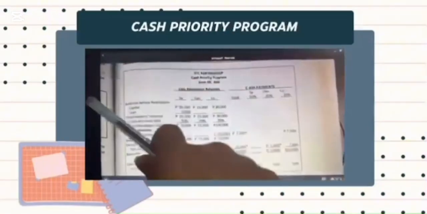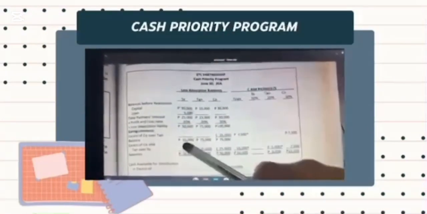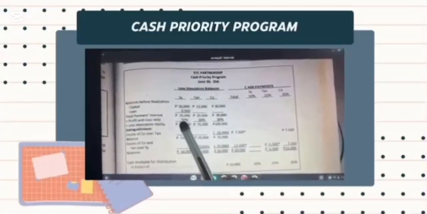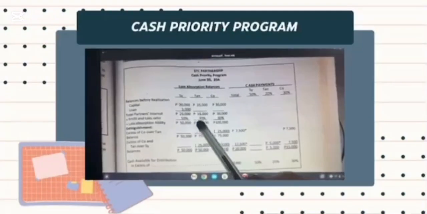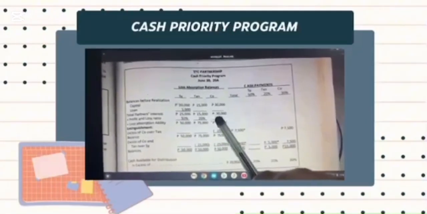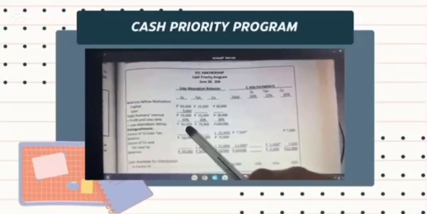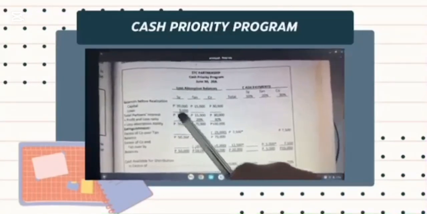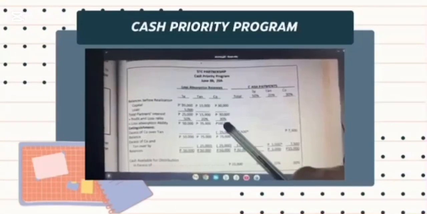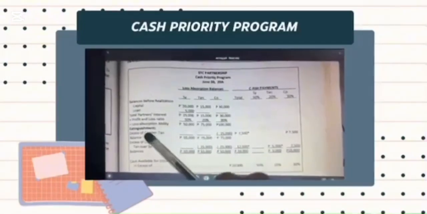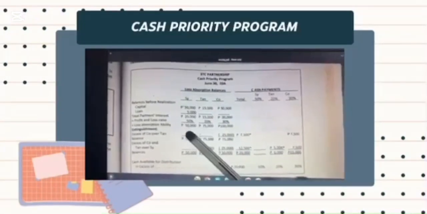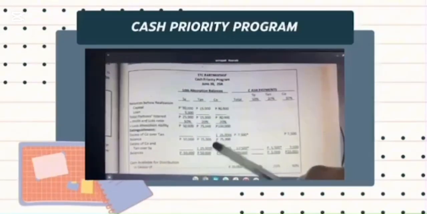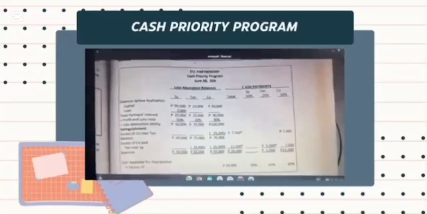So there's Sai has a loan of 5,000 pesos. So the total partnership interest of Sai is 25,000. Tan is 15,000 and Co is 30,000. So plus the profit and loss ratio of Sai is 50%, Tan 20%, and Co is 30%. So the total loss absorption ability of Sai is 50,000 pesos, Tan 75,000 pesos, and Co 100,000 pesos.